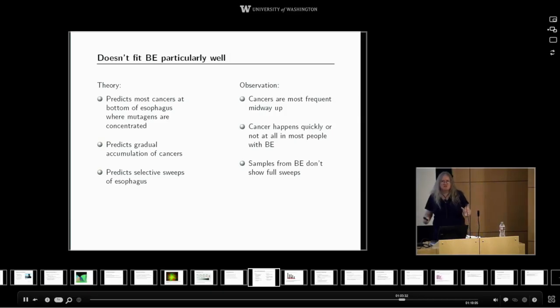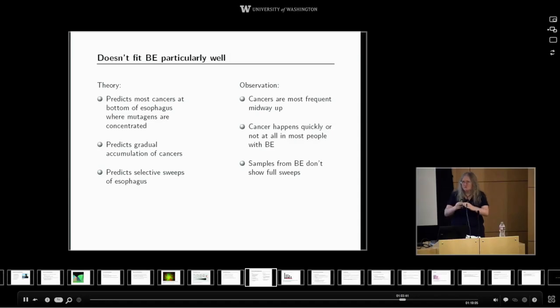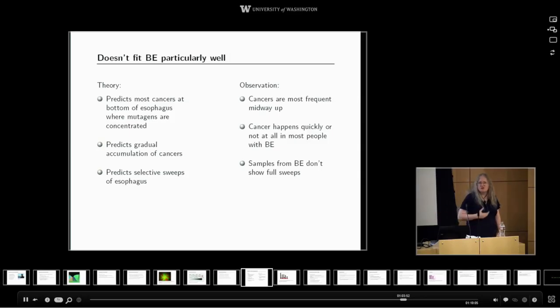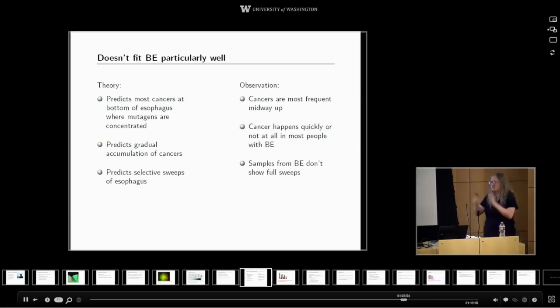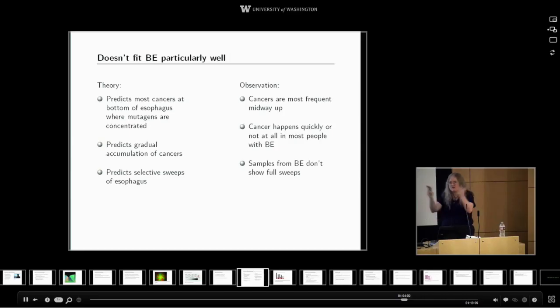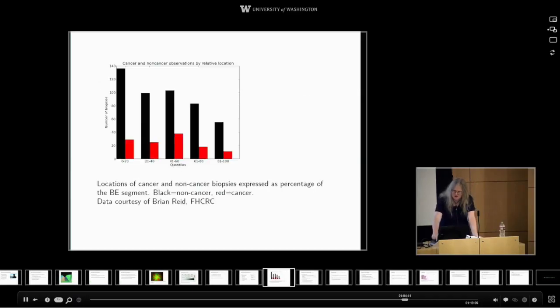And finally, it predicts that when we look at the esophagus of someone who did develop cancer, we should see fields of similar cells. Because we're saying that the way the spread happens is that one mutation occurs and its descendants become a big group of cells, and then another mutation happens and its descendants become a big group of cells. But when I look at actual genotypes from cells in Barrett's esophagus and I draw relationship trees of them, that's not what I see. I see all kinds of different mutations. I don't see big sweeps of one mutation covering the whole esophagus. So something is not fitting very well.